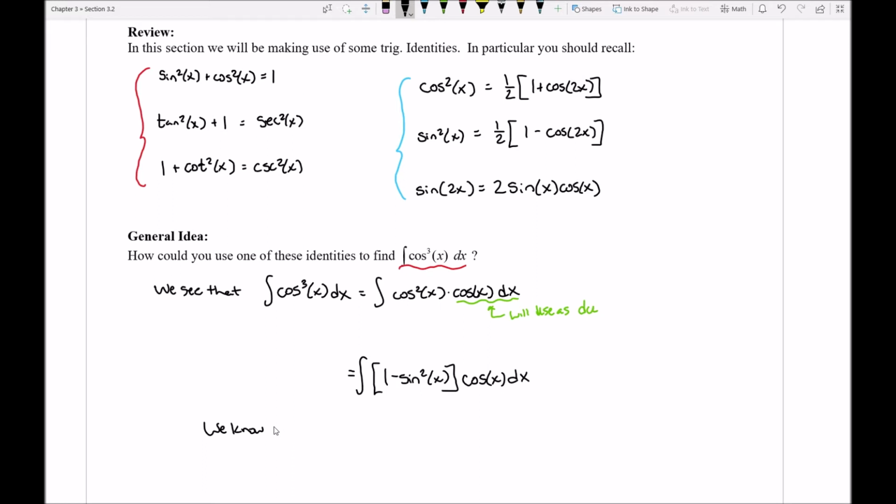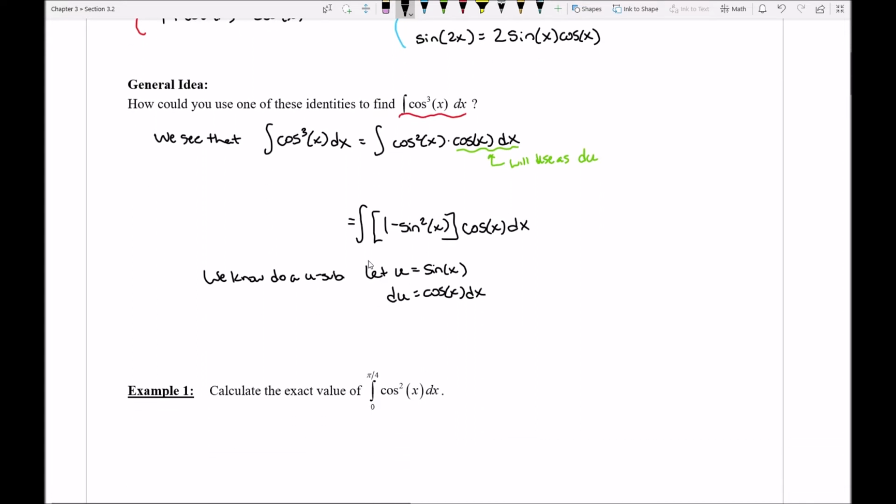So I'll say we now do a u sub. So I'll let u be equal to a sine of x. du is then equal to a cosine of x dx. So this seems like something that I can now go ahead and easily replace. Let me go ahead and continue the problem down here. I should now have something like a 1 minus a u squared. Notice if I had a sine squared, and sine and u are the same, I should now have a u squared. All of this stuff at the back just gets replaced with a du,